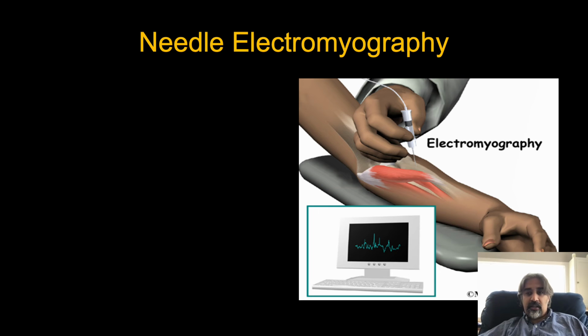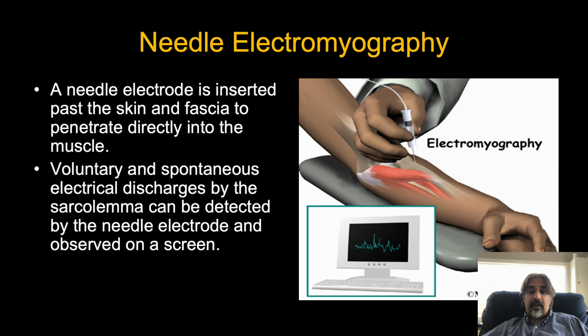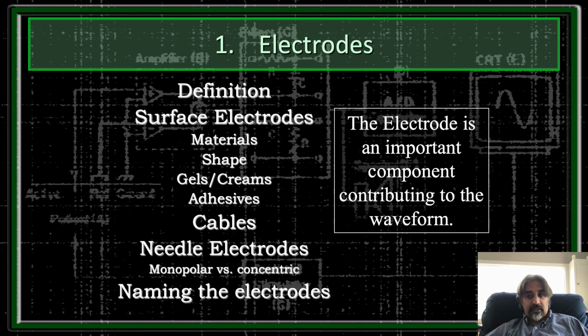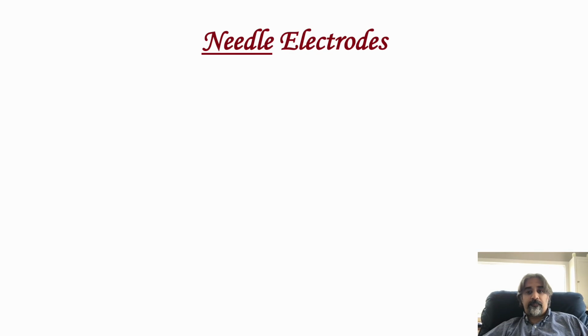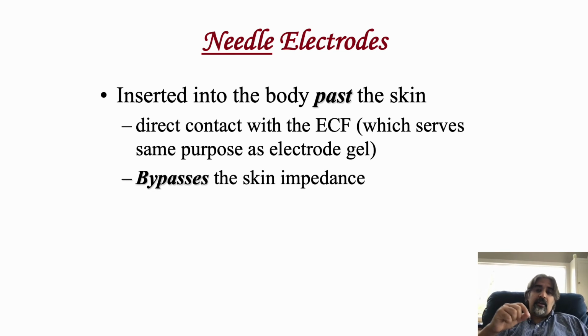Beyond nerve conduction studies, needle electromyography is a powerful and prevalent component of electrodiagnostic testing. A needle is inserted through the skin into the muscle. It acts as a microphone within and displays the voltages that it detects. We talked about surface electrodes in our first talk. It's the interface between the equipment and the person. Needle electrodes are inserted into the body's volume conductor. This places it in direct contact with the extracellular fluid, which is an electrolytic solution acting like the electrode cream